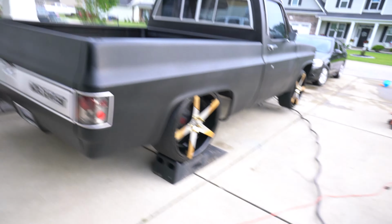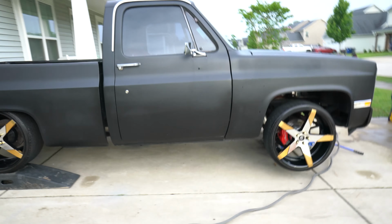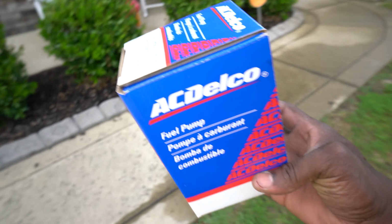And currently we are working on the 87 Chevrolet Silverado truck. All right guys, it's been long awaited. Got this fuel pump right here, 100 PSI rating. Currently got one that's rated at 60 in there, but my FiTech unit calls for 60 PSI,